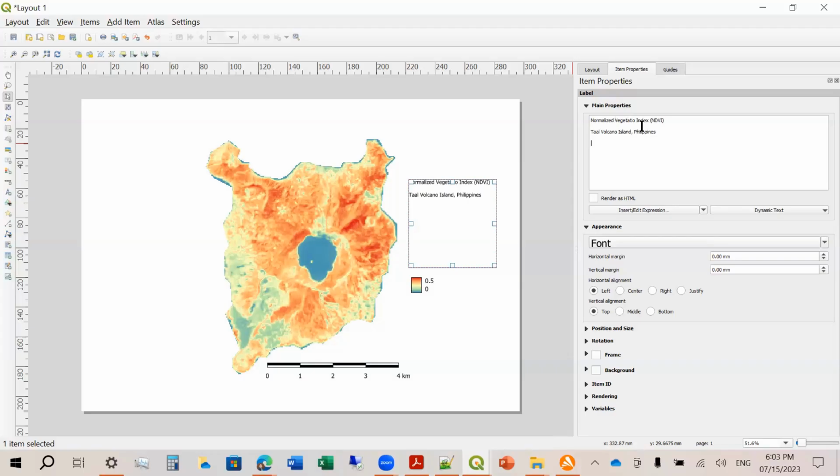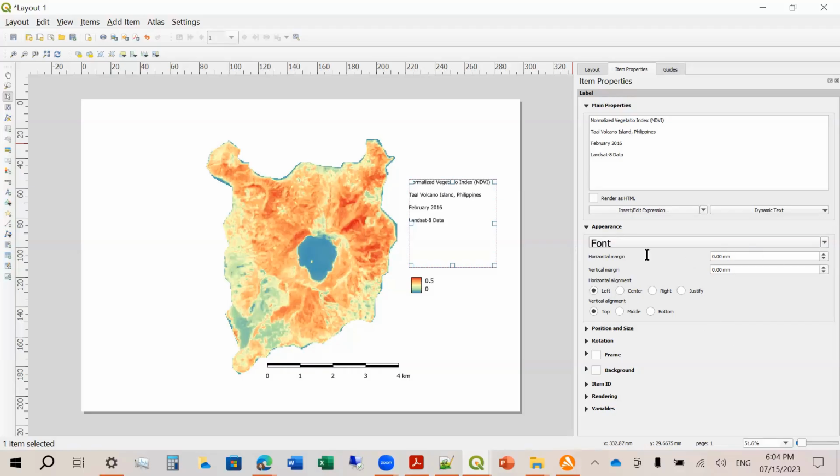And then let's say this is what date it is. This is February 2016, using Landsat 8 data.